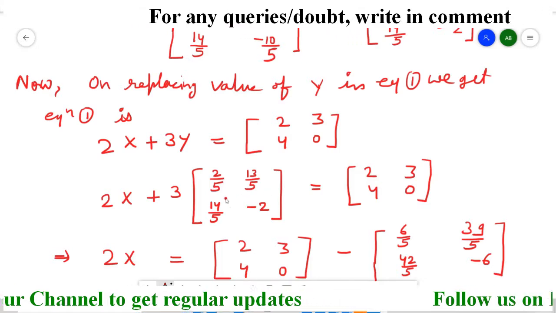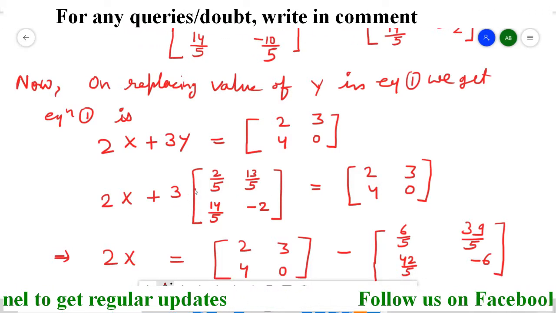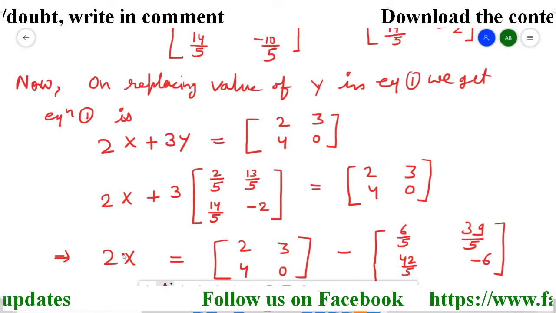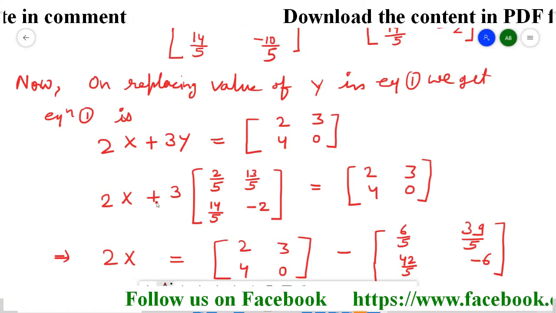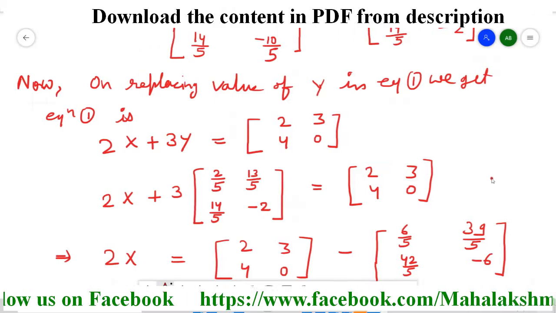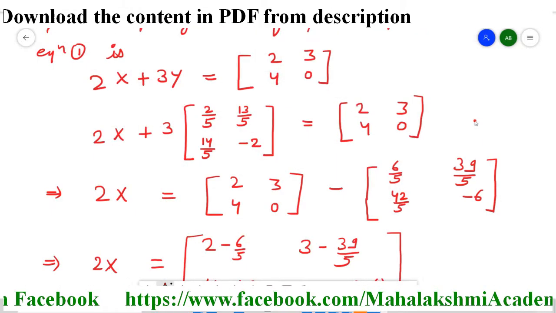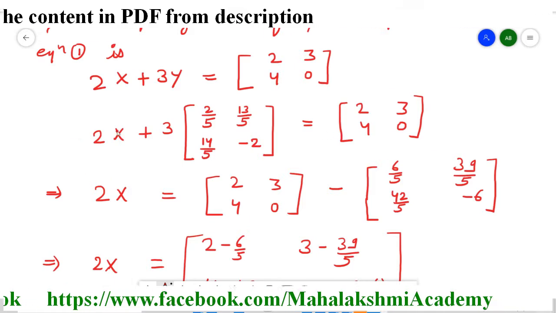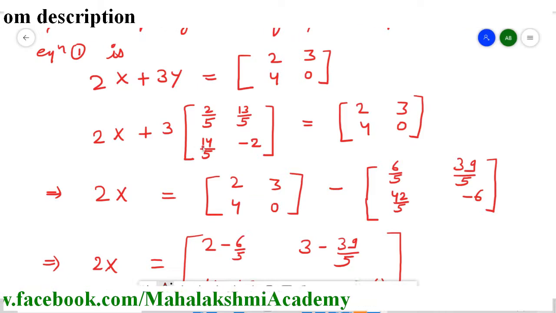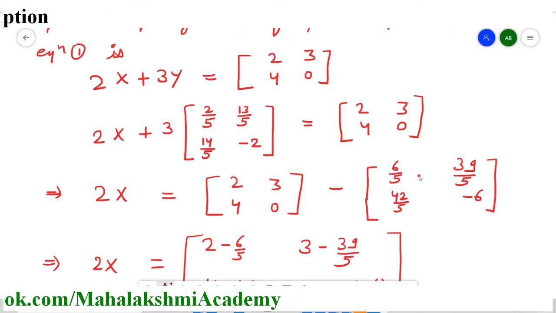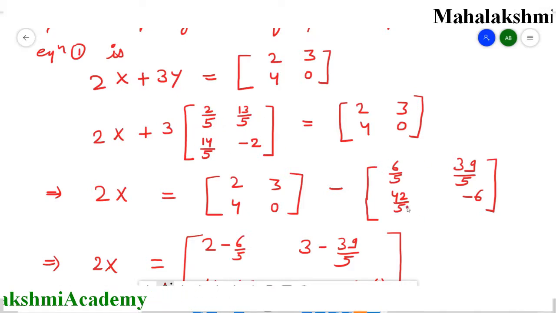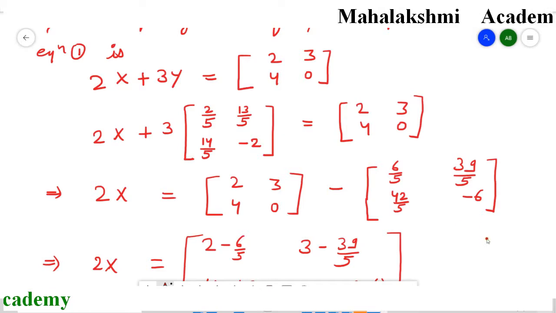Now we have to solve this. So what is the meaning of this? This 3 will go inside, it will multiply by all elements. Now since we are going to calculate x from here, this is in plus. So when we shift this matrix to the other side, it becomes minus. So two things together I had done. First I wrote this 2x as it is. I applied this equal to sign here. This matrix I wrote here as it is, and I shifted this matrix here. Along with that I shifted this 3 also inside, so it will multiply by all the elements. So like this we obtain this step.